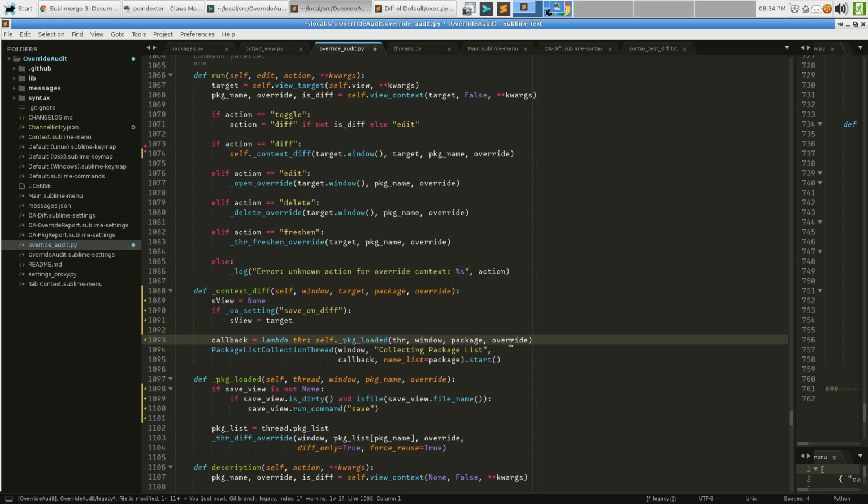We can go ahead and load the packages. When it's done, it will, oh, I need to convey the same thing here, I guess. We only need to pass a view if we're supposed to save on diff, otherwise we don't care. And then when it's finished collecting all of the packages, which takes at least as long as this dropping down, unless you're running such a broken version of Sublime, there's no packages including OverrideAudit. Pretty sure that can't happen. When it calls package loaded, we get the thread, the window, we get the save view, we get the package name and the override. And if save view is not none and it's dirty and it's a file, then save